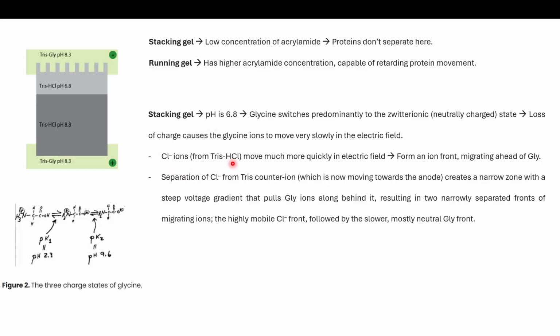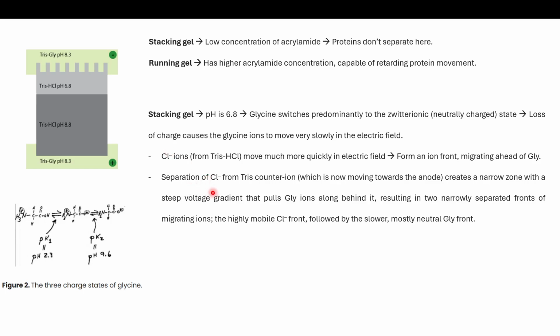Now the chloride ions from Tris-HCl will move much more quickly in the electric field. First of all, it's negatively charged, and also it's too small, right? Too light, so it can easily move, and it will form an ion front. So here we are focusing on this particular part, the light gray part, the upper part. It will move much more quickly in the electric field, form an ion front, migrating ahead of glycine definitely,